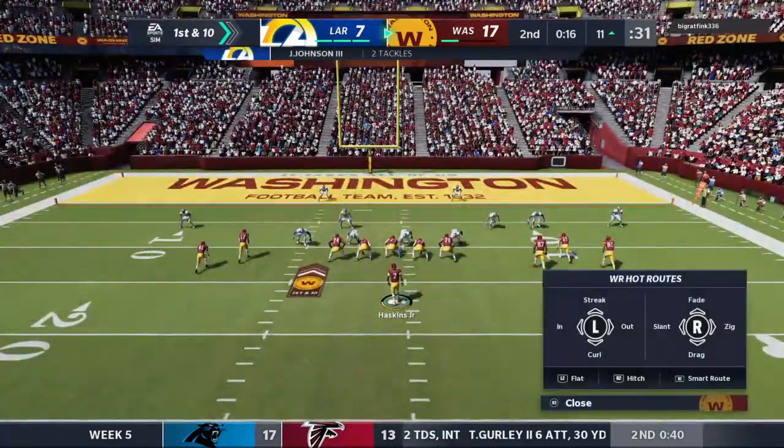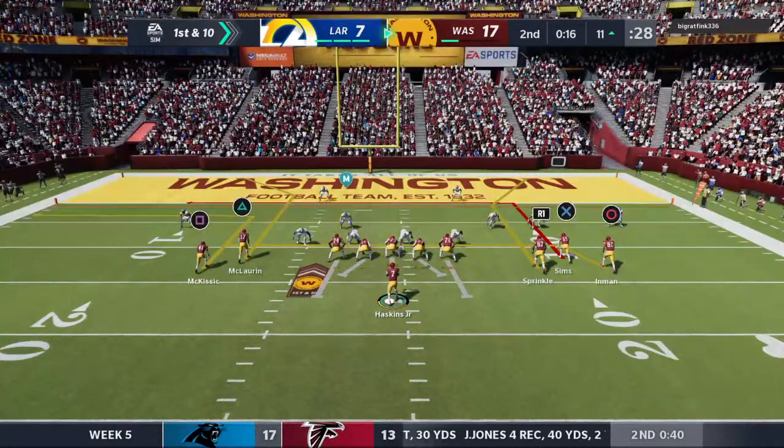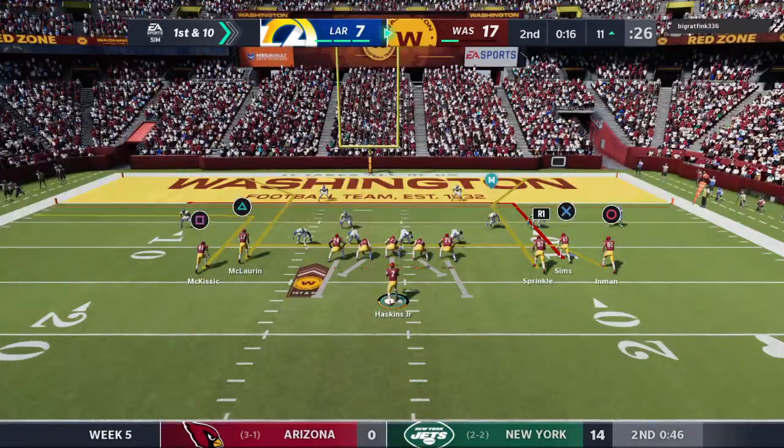Right here, guys. Fight 51. Mike 51. We got